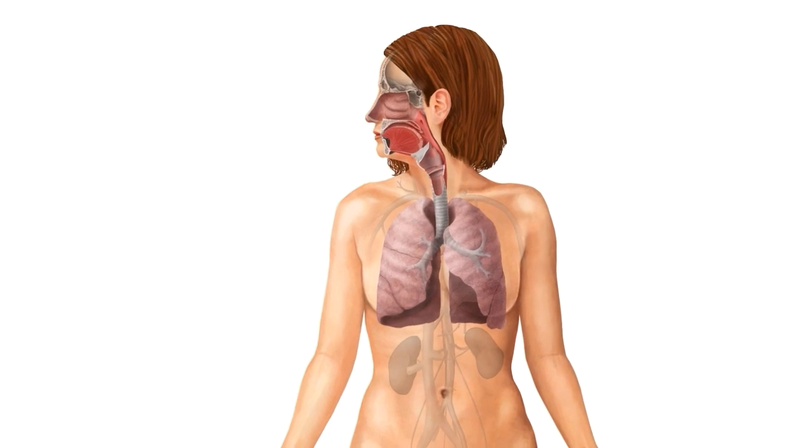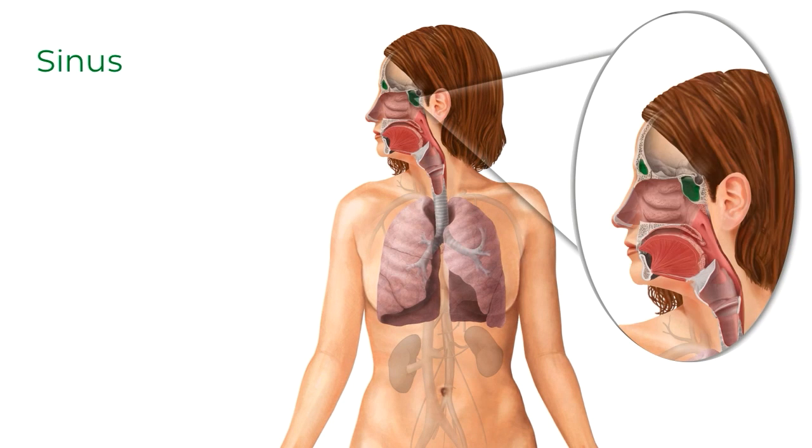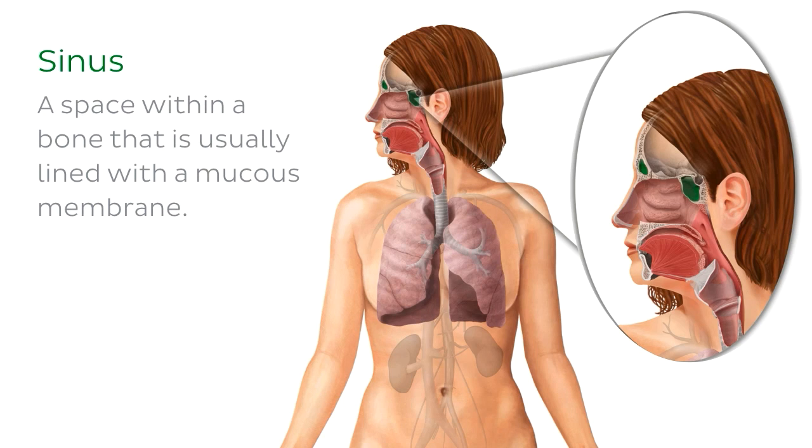So let's just zoom into the face of this image just here. Highlighted in green are these sinuses. A sinus can refer to a number of things, but in this instance, it refers to a space within a bone that is usually lined with a mucous membrane. The forehead in particular houses our frontal sinus, and it is at this level that we will now explore several